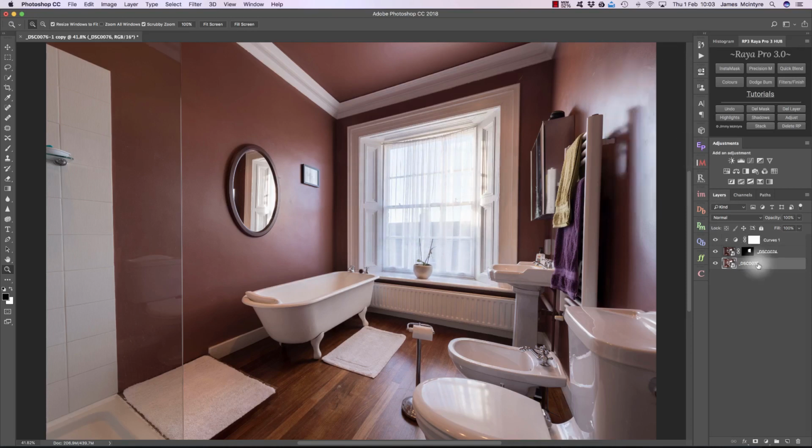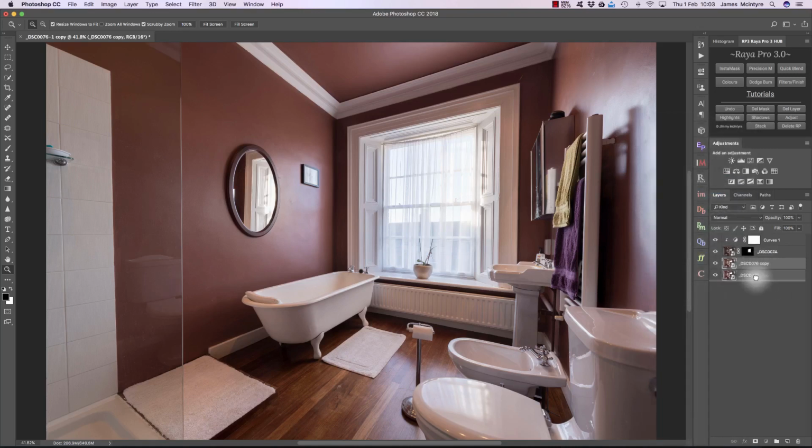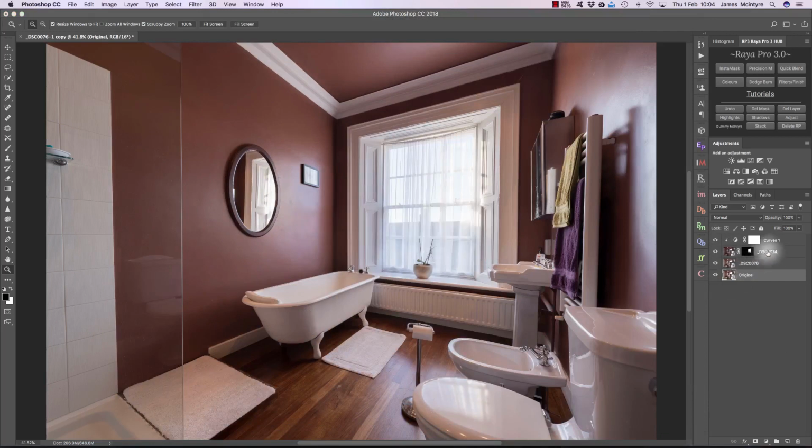So let me show you the original exposure before we did any blending. So I'm going to choose New Smart Object via Copy. I'm going to put this at the bottom and call it Original. I'm going to open up Adobe Camera Raw so we can double click on there to do that. Press Default and press OK. So this is after we blended the exposures, and that's before,